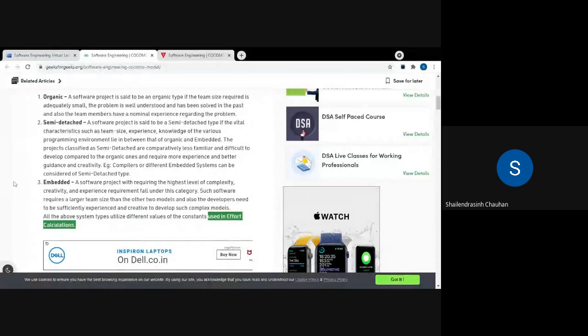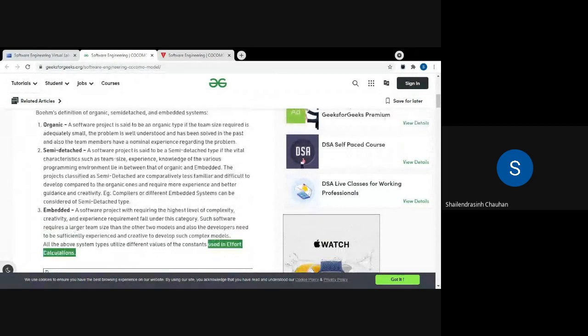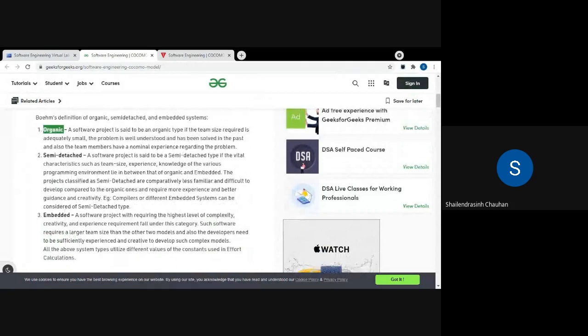So based on the category, let us say whether the software is organic, semi-detached or embedded, to calculate effort you are going to select the formula. But how do you choose which formula to use to calculate efforts?